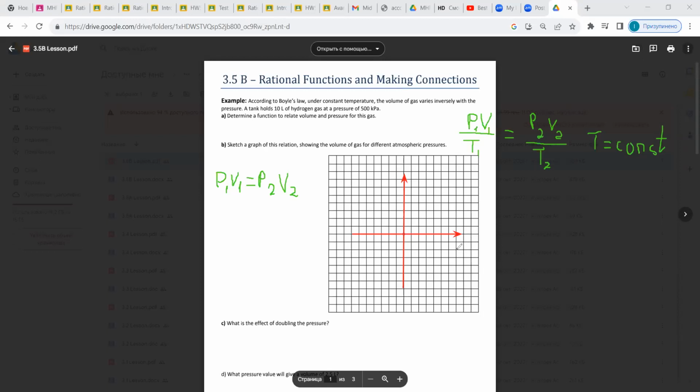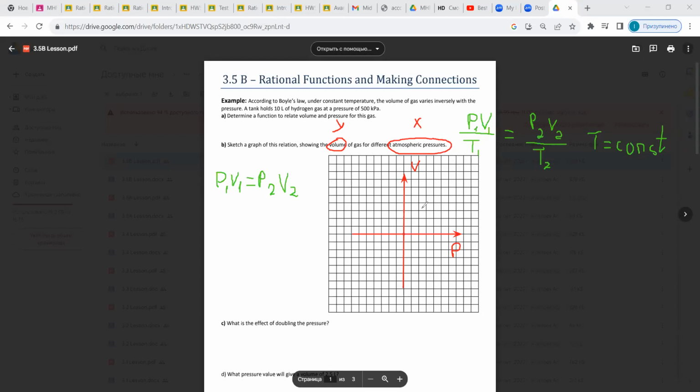Okay, so let's say the horizontal axis is gonna be the pressure, and the vertical axis is gonna be volume, right? Why did I choose it that way? Because in this question, we're asked to show volume of gas for different atmospheric pressures. So basically, atmospheric pressure is going to be X, because it's going to be a variable for us, right? Different atmospheric pressure, and we test what volume it would have. So volume in this case would be the Y value,